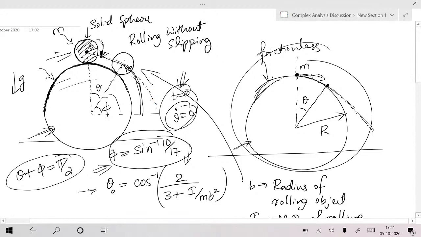Normal force is going to be 0 after some time, and then there will be no more contact between these two. Why is this in contact with this one? Because there exists a normal reaction. When that normal reaction is zero, it's not going to be in contact. And even by our common sense, common experience, we can say that the center of mass is going to move like this.